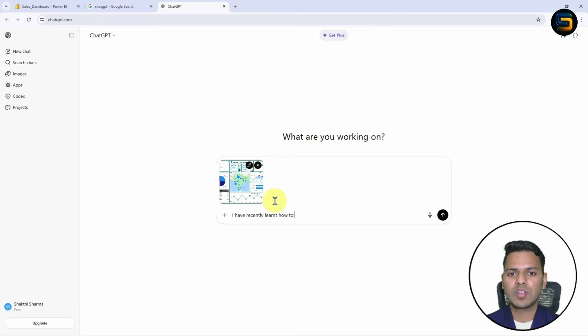how to create an interactive dashboard in Power BI from basics to advanced. You can mention, like we have seen from basics to advanced, right? You can mention basics to advanced. And now look here, I have recently learned how to create an interactive dashboard in Power BI from basics to advanced. From here you can mention from Shakti